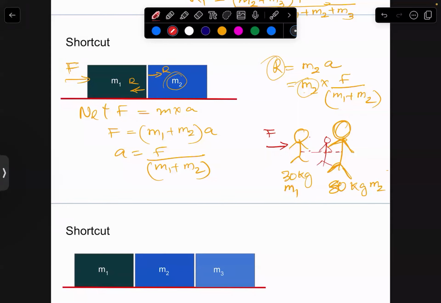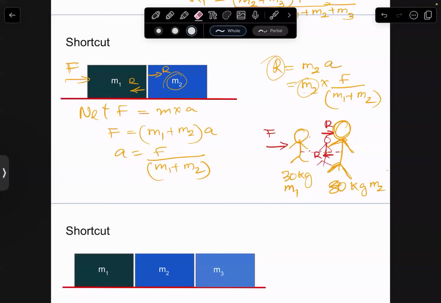He will exert a force on him, that is R, and this man will also exert a force R on this child. Okay, so this man is experiencing F minus, sorry, this man,